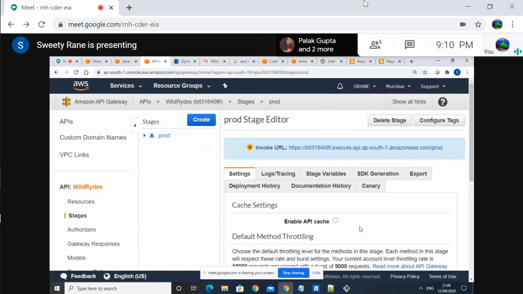Okay, so that link is there, no? You copy that link. Invoke URL link, no? Yeah, copy that and paste it in your notepad. So this link is calling the API.